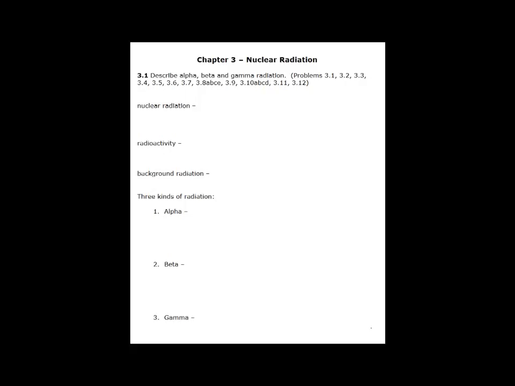So the majority of these problems involving nuclear radiation are simple addition and subtraction, yet it looks much more difficult. To get started, we're going to define what nuclear radiation is. Nuclear radiation is when energy is emitted from an atom to become more stable. So these radioactive elements are unstable. So nuclear radiation, the definition is emission